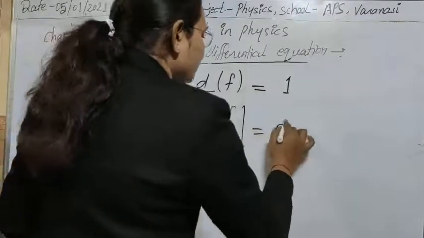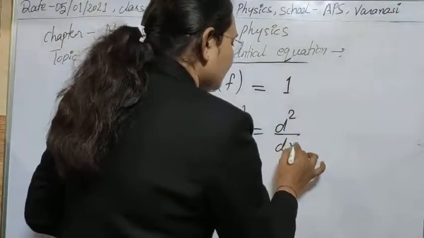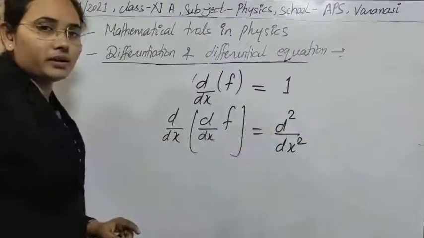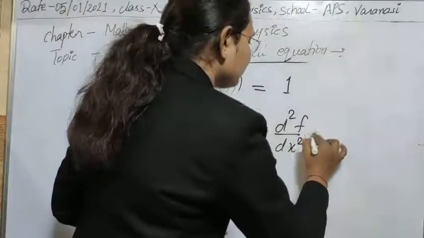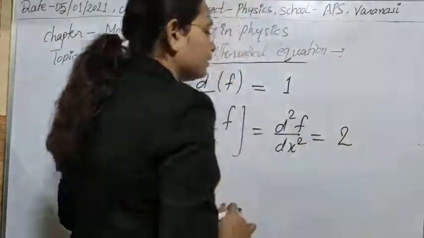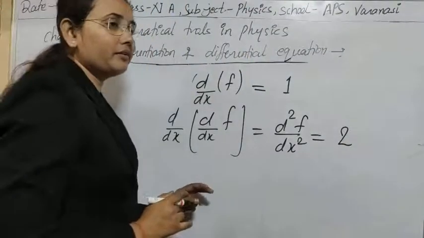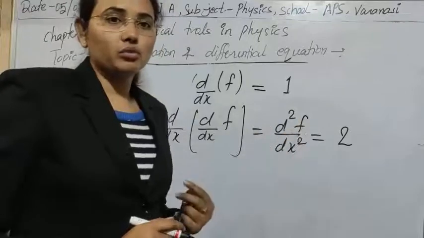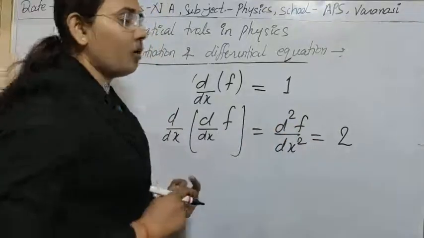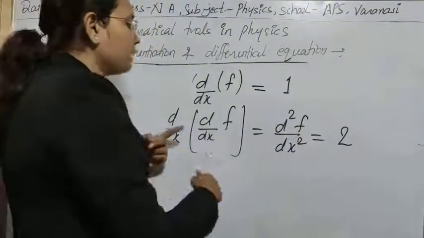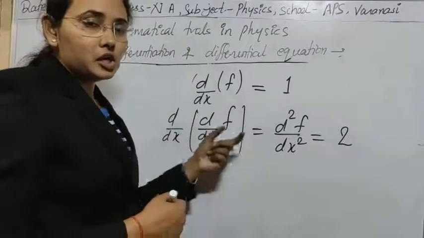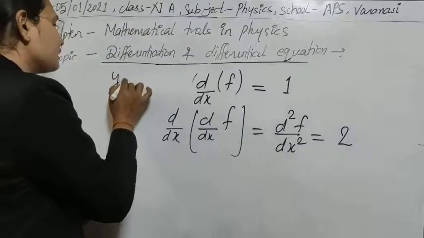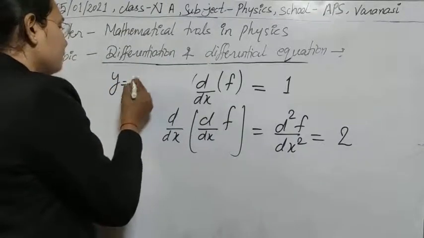So this is written as d2y by dx2. Double differentiation is written in this way. And here, if I ask you what the order of differentiation is, as we have differentiated it two times, here the order is 2. So in this way, this is called the order of the differentiation, meaning how many times we are differentiating it.